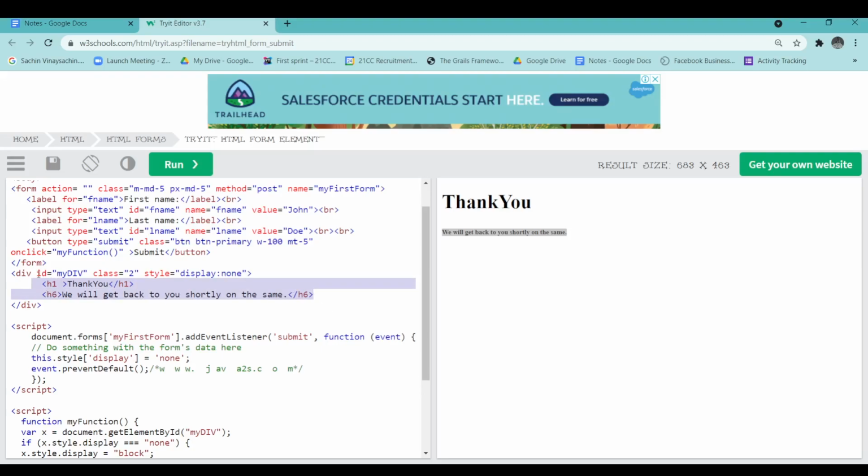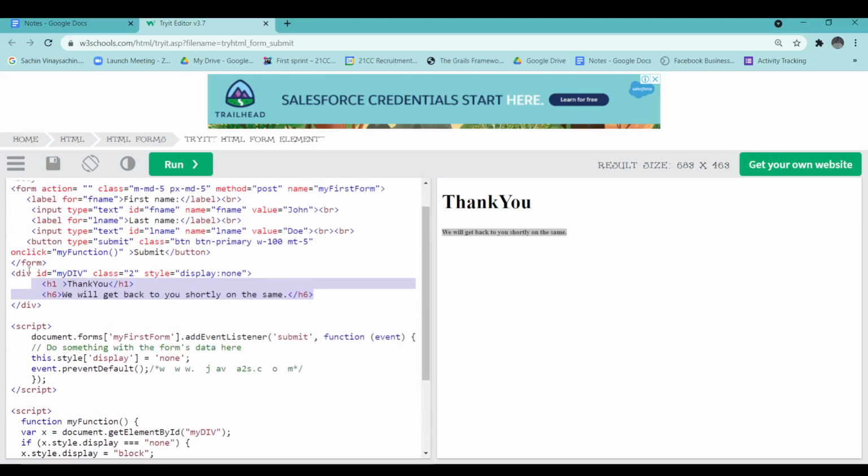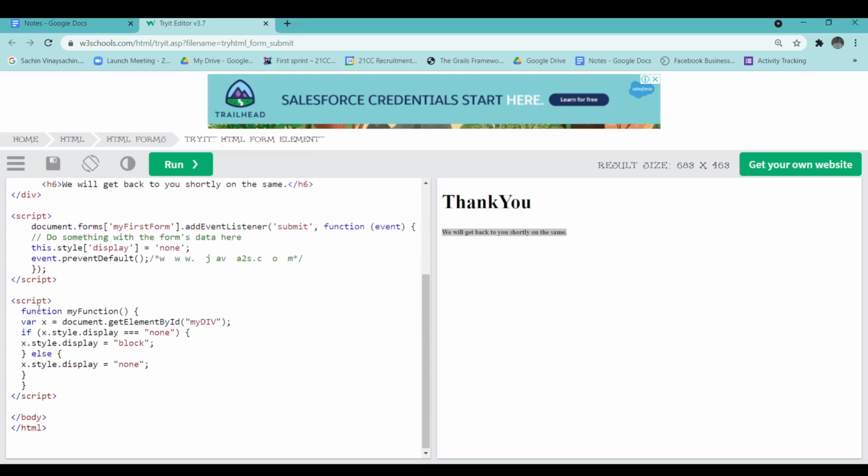For a little bit of explanation, here is the id. When you call myFunction, it will call document.getElementById, and the element data will be stored inside x.